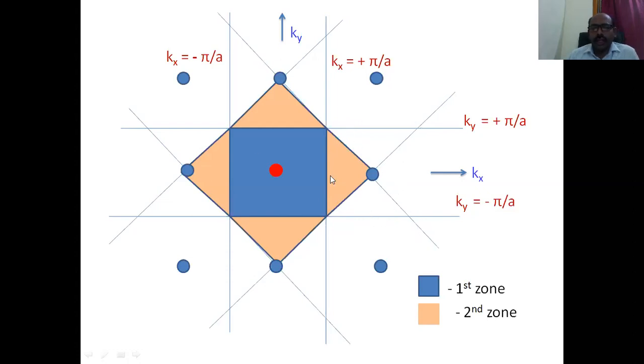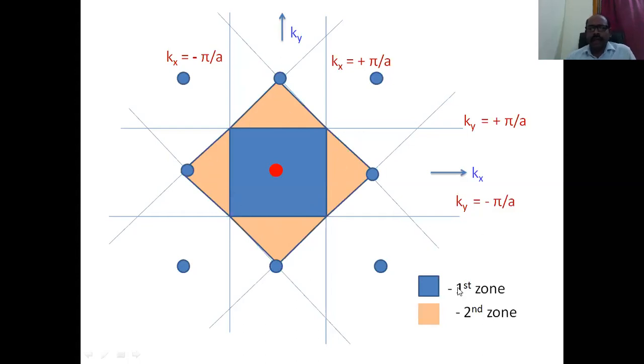It is one vertical line and another vertical line, another vertical line, another vertical line. So just like this, these four lines are also forming a Brillouin zone. Okay, so it is the second Brillouin zone. That means excluding this area, so not including the first zone. Excluding the area of the first zone, the remaining area comes under the second Brillouin zone.